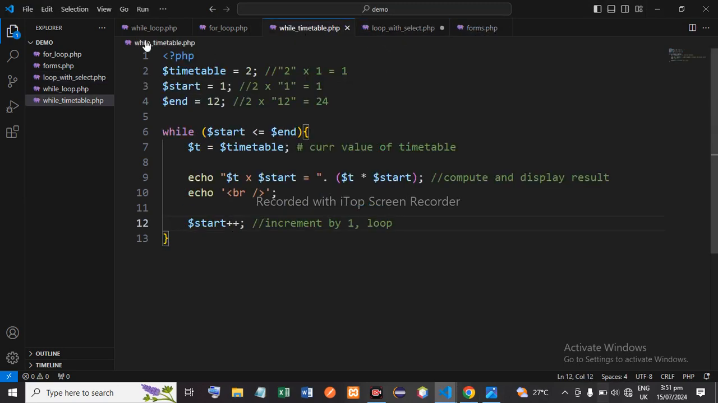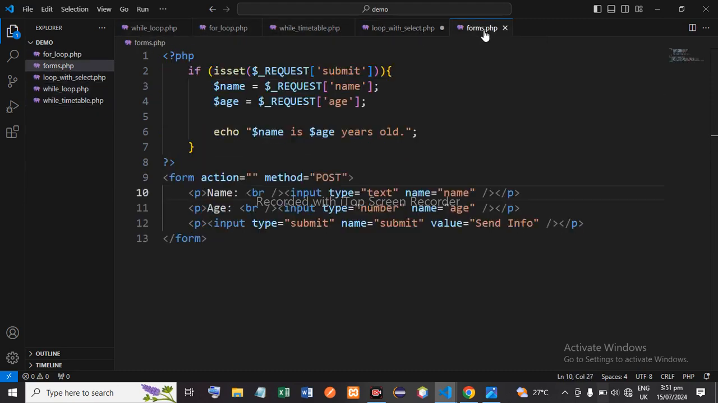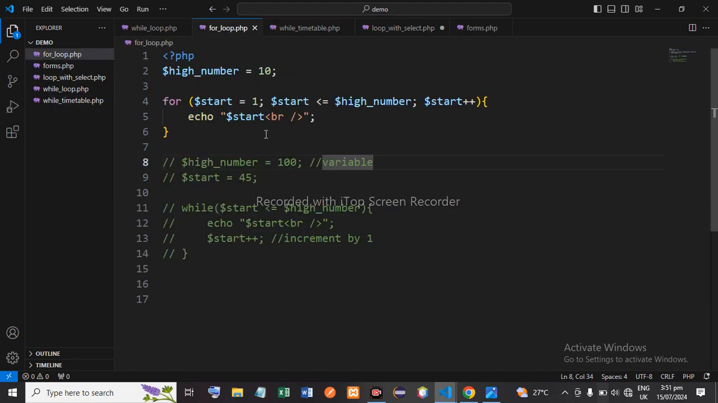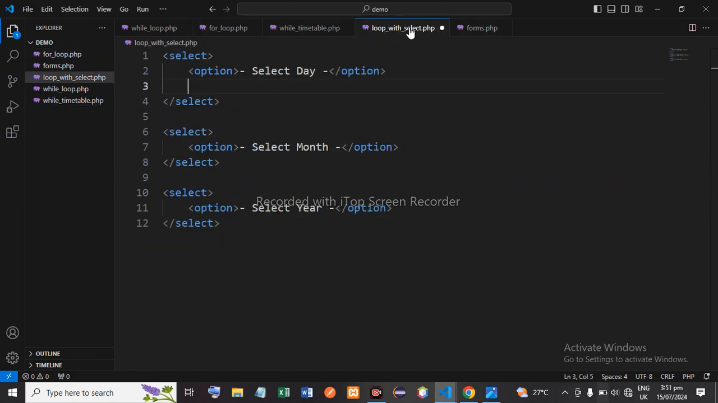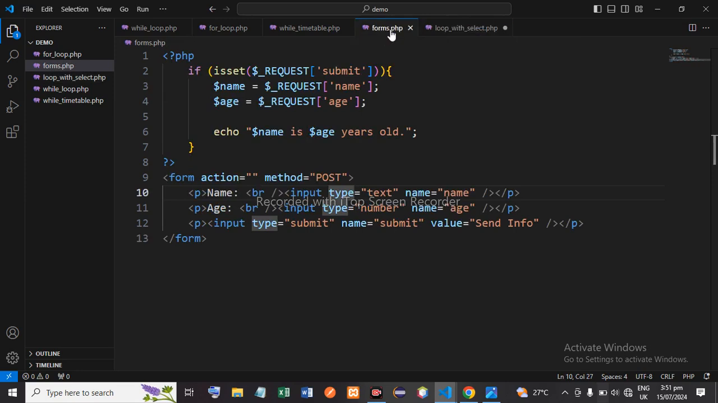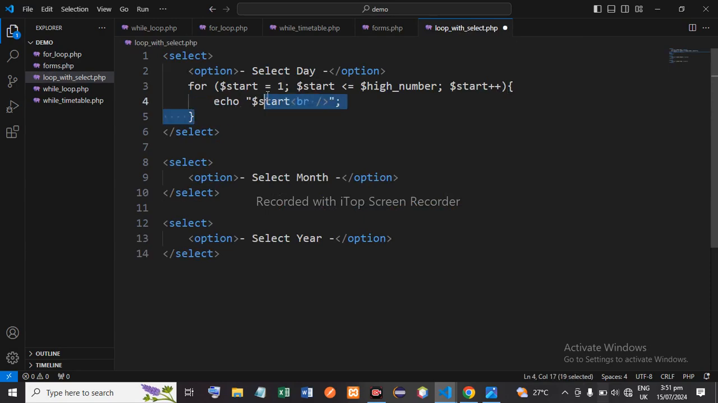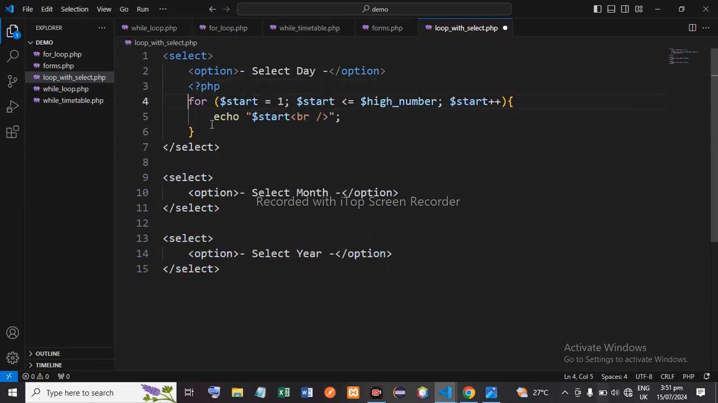By simply getting that last while we just did. I think, where is it? So we had the while loop. Okay, so let me just get this for loop and bring it here. This is the last one we are working on. What you need to do before you enter PHP is just to open a PHP tag, and then you close a PHP tag. So you're now saying for